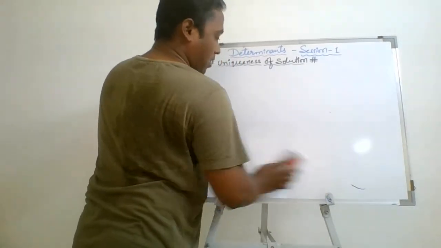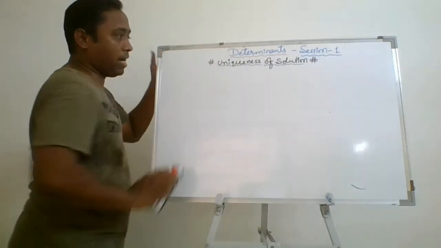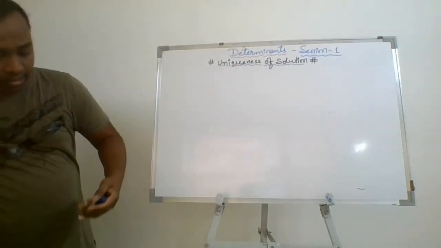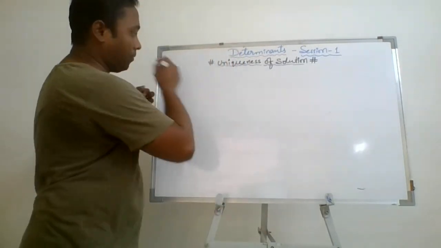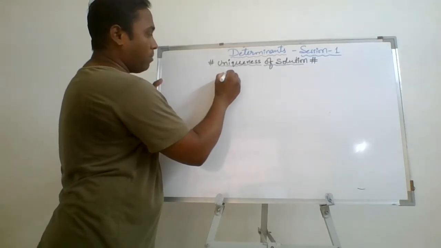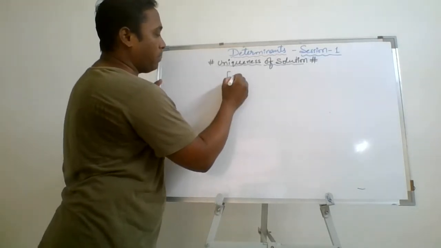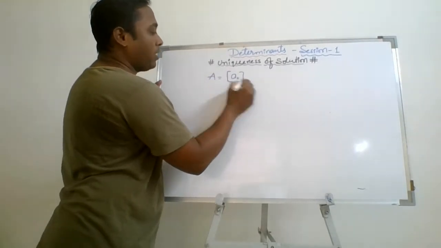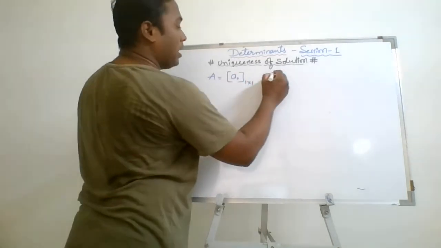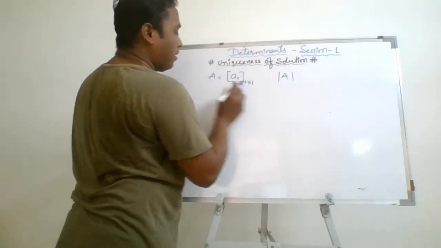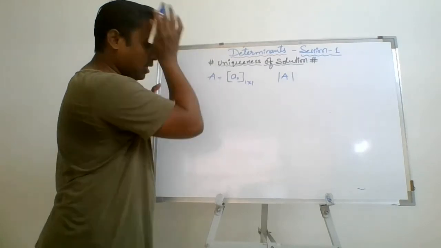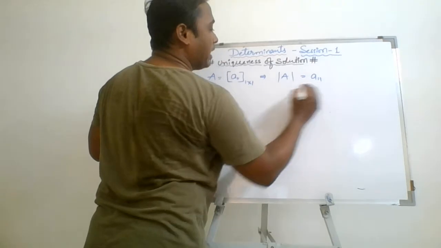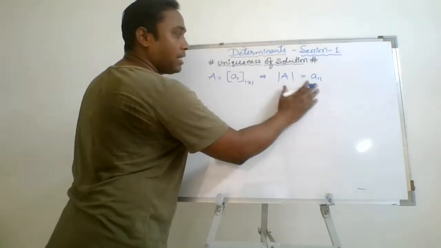Now see, as you know, every square matrix is associated to a number. Whatever the square matrix, if I take a 1 by 1 matrix, let us say only one element, this is called a square matrix of 1 by 1 order. Then its determinant, that is the determinant of square matrix A, symbolically, is equal to what? The element itself. Remember, the element itself.